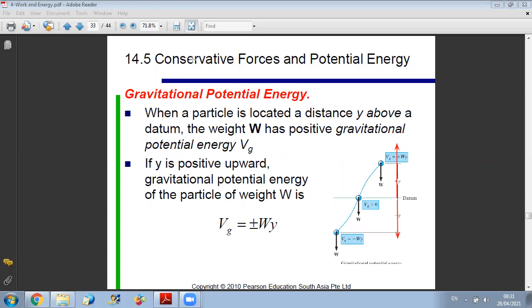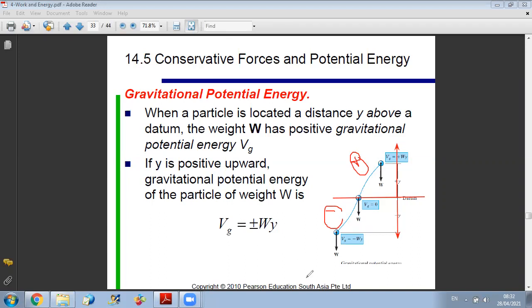Because whenever I select a reference line, if I am above the reference line, then I have a positive potential, and if I am below the reference line, then my potential will be negative. Okay, so pay attention to this. Depending on your Y, if Y is upward, your potential is plus WY, while if your Y axis is positive downward, then the potential is given by minus WY. Okay,